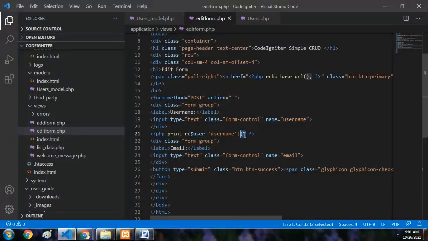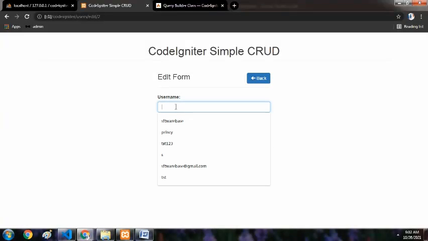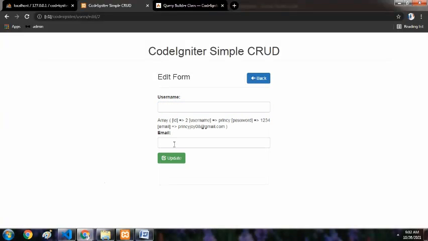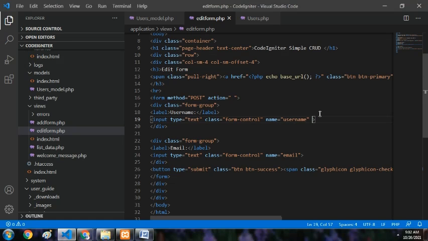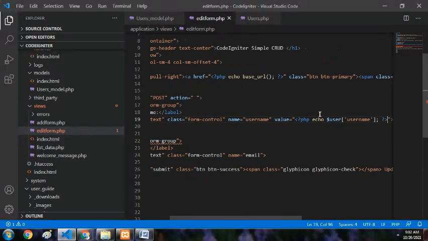So we can simply take the data like this, and we can populate each and every form field with its value. Here we have to write the username, and here we have to populate the email for updation. So here the value equals PHP echo username.